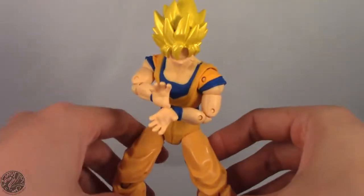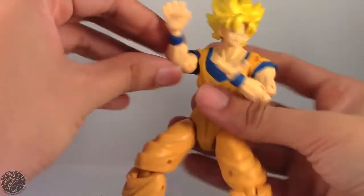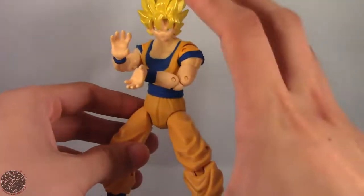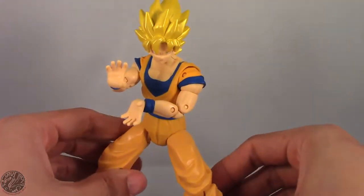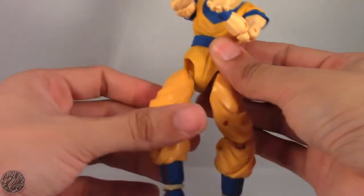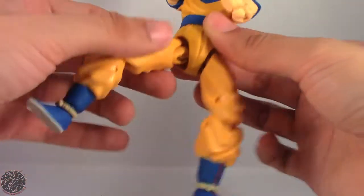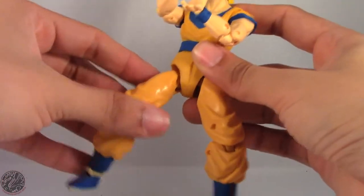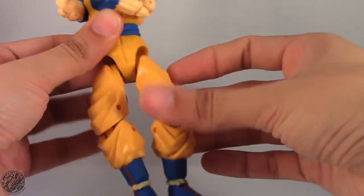And it might also be that I'm spoiled by SH Figure Arts. But then again, it's the same company essentially. We have Bandai of America making these guys, Bandai of Japan making SH Figure Arts. So some of the techniques they use on the Figure Arts figures do transfer here, such as the ball jointed feet, the drop down hinge. Wait a minute, that's connected, isn't it? Oh wow, I didn't even know that his legs were connected. Look at that. That looks funny, but it shouldn't be connected. Each leg should be independent, so that's a little